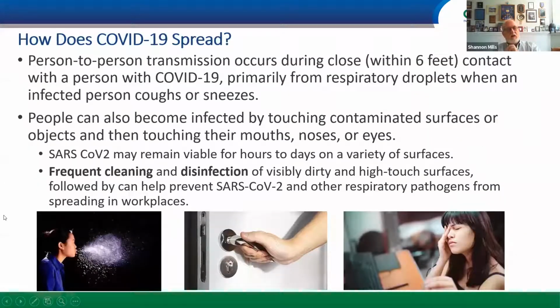And again, person-to-person transmission is one of the main ways it's spread, and that's if you get within 6 feet of a person who has loosed a blast of droplets into the air that we ingest because we aren't protected. But it also becomes contaminated surface, and of course the old touching our eyes and face and nose and mouth, okay? The virus can remain viable for hours to days, depending on the type of surface, humidity, and heat,